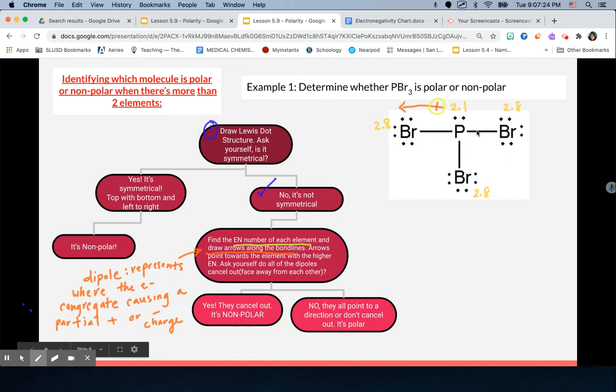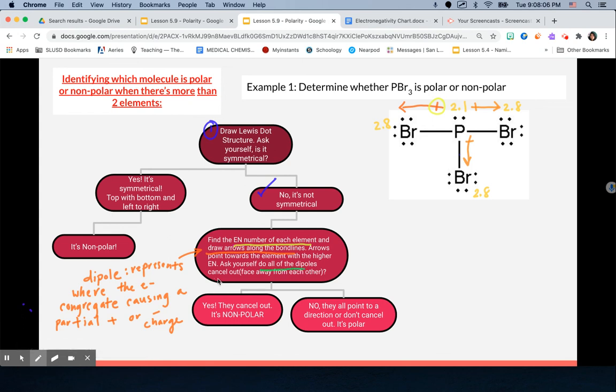All right. So following this bond line between P and Br, I'm going to draw an arrow facing that way. So this dipole is going to go this way, and this dipole is going to point down. Right? So now that I have all the dipoles drawn, notice that they all follow the same direction as the bond line. Now you're going to ask yourself, do all the dipoles cancel out or face away from each other? Well, if I look at this,